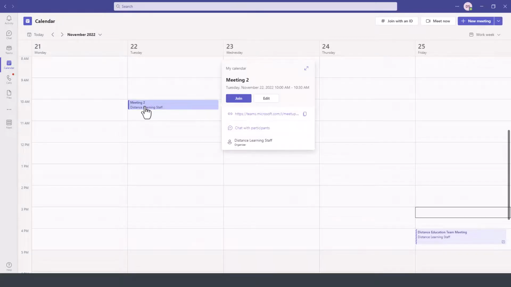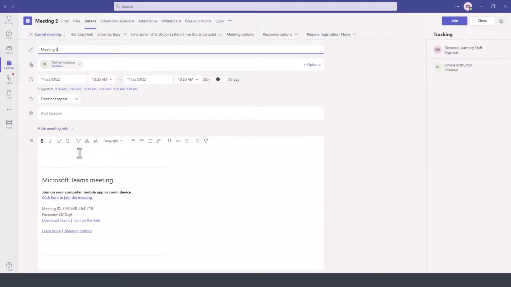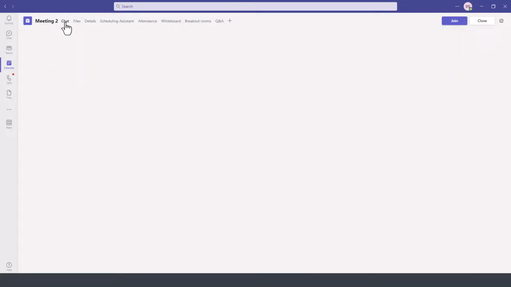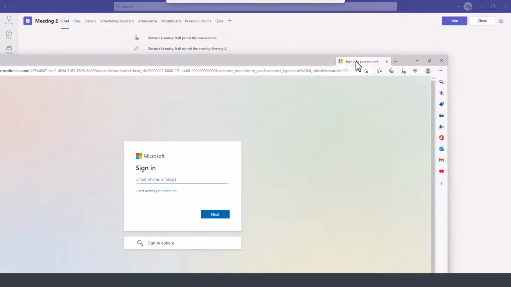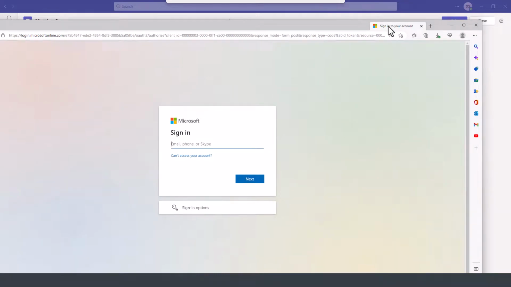So we double click here, and then we can go to the meeting to look for the meeting recording under the chat option and also under the files option here on the top left. Under the chat, this is where it will display it, and you can press play to view it. It will open a web browser for you to sign into your Microsoft account, to your Teams account, to view